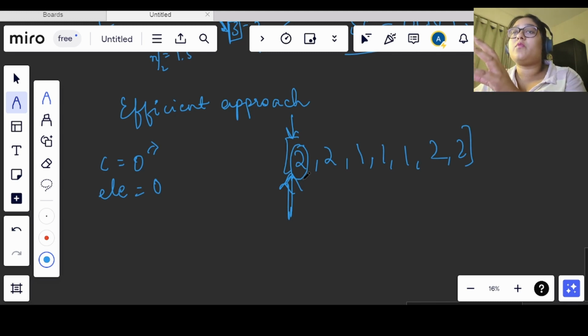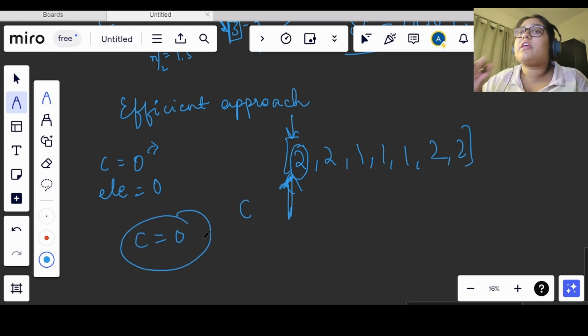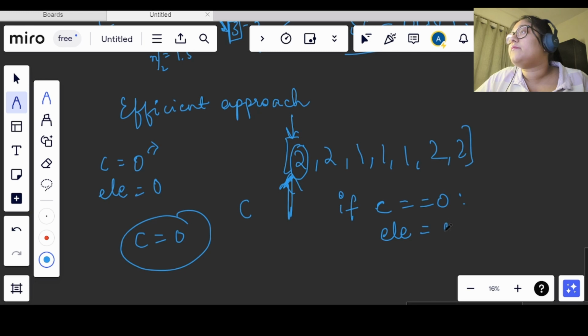Because we haven't moved forward. So when we see that our C is equal to 0, then we assign a value to the element. So one condition is, if C is equal to 0, then we assign a value to the element.